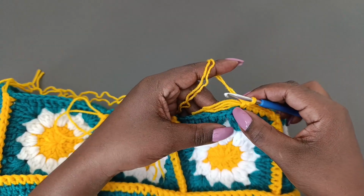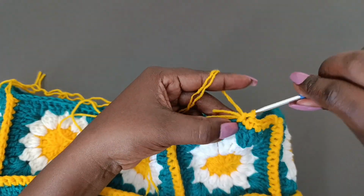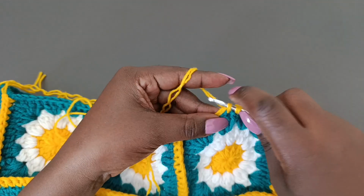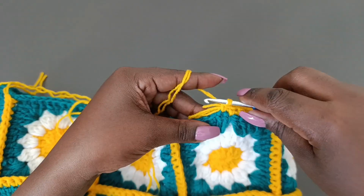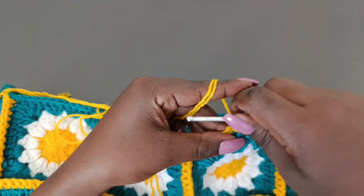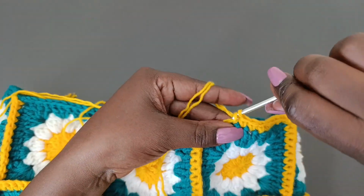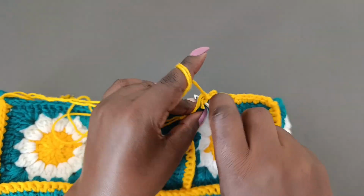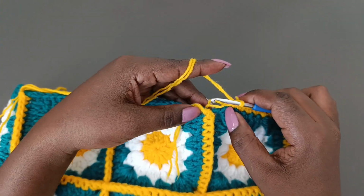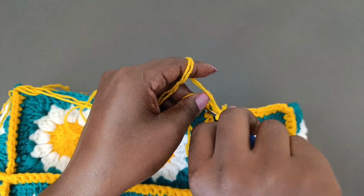So skip the one that follows, work into the other one and do a total of 5. So that's 1. Then we have 2. And then we have 3, 4, and then 5. After the 5th, we're going to skip the stitch that follows, and we're also going to skip the chain 2 space. Then we're going to work on